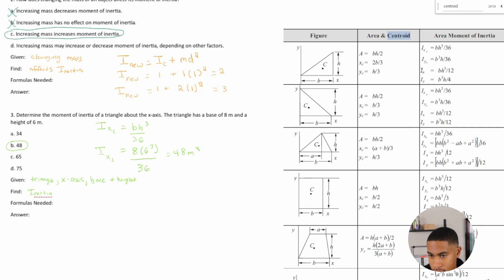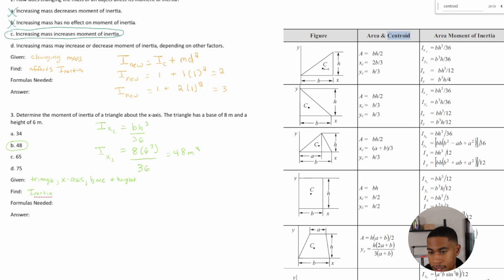These refer to you taking it literally along this axis instead of the centroid of the actual piece. So when they write this out on the test, they need to clarify. They will need to clarify, but typically it's assumed that it's about like determine the moment of inertia of a triangle about the x-axis. Asking it in that way,